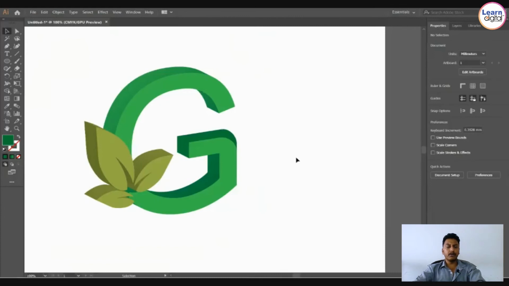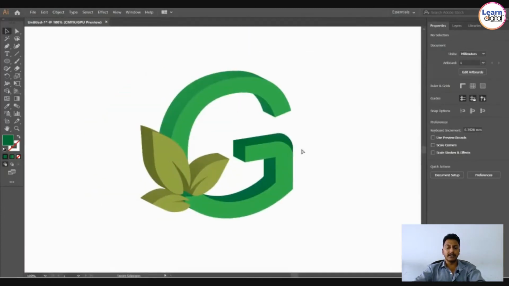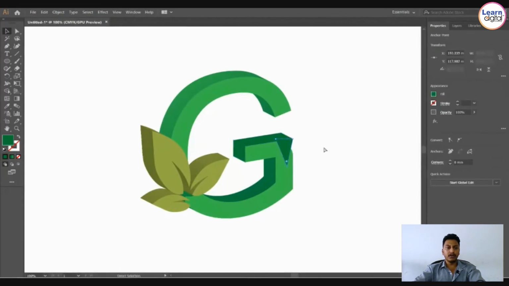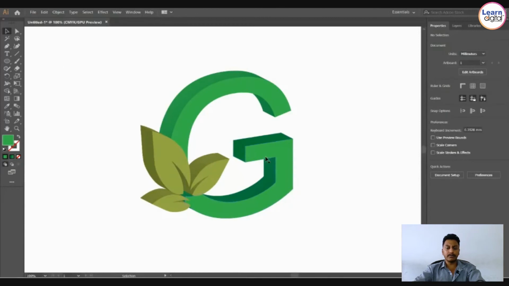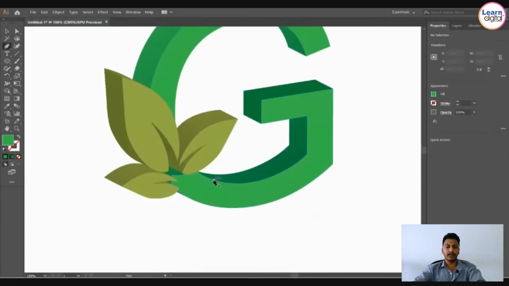If it is a 3D logo, there will be some shininess in the edges and all. So let's create a shine. I'm using the pen tool with a white color stroke, because shining will be in lighter tones. You can give a thickness in the stroke profile. We have a profile, you can change the profile. Here you can see the bottom line looks like a shininess.